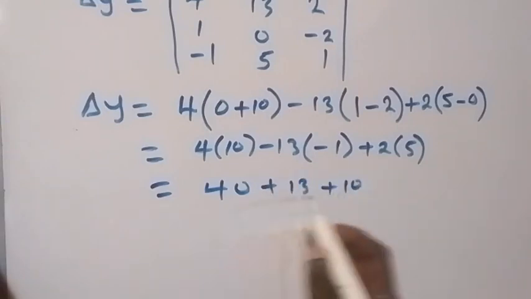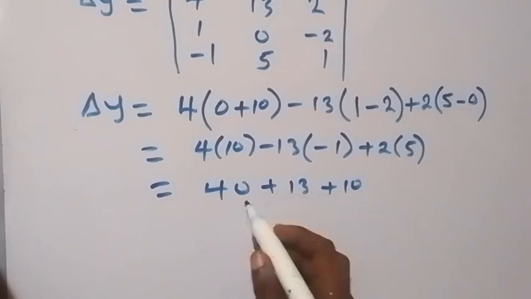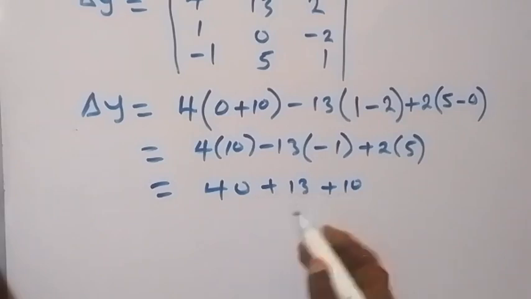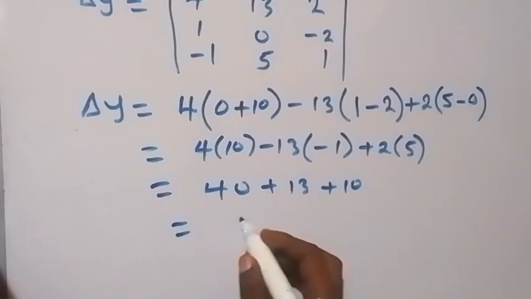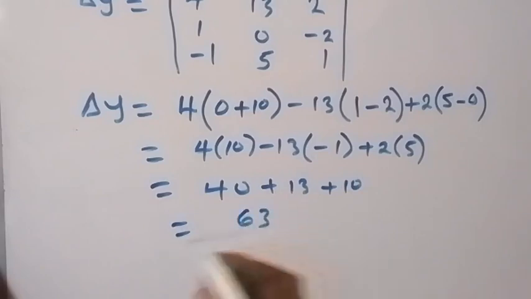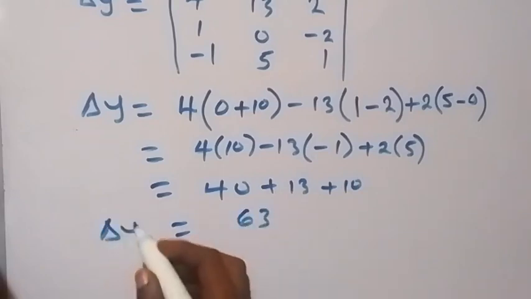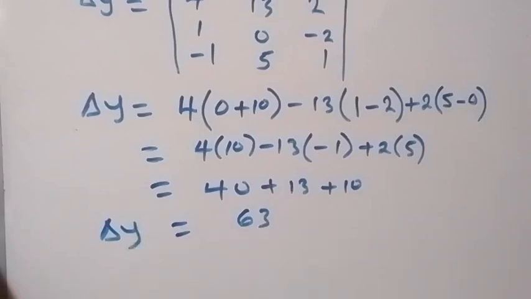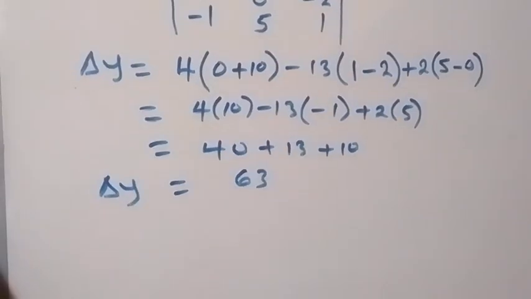And from here, this is 40 plus 10, 50, and plus 13, that's 63 from there. So the determinant with respect to y here gives us 63 from there. Then